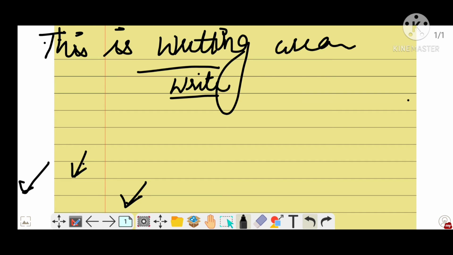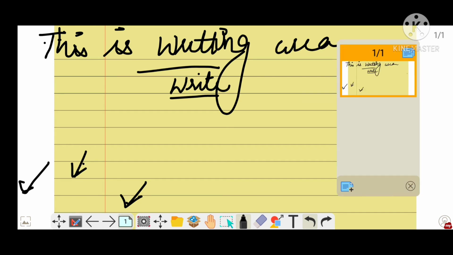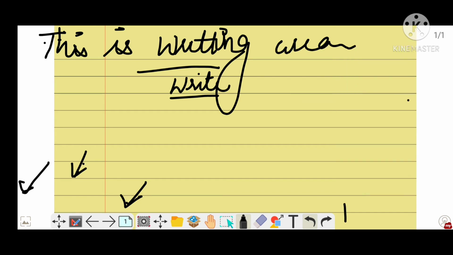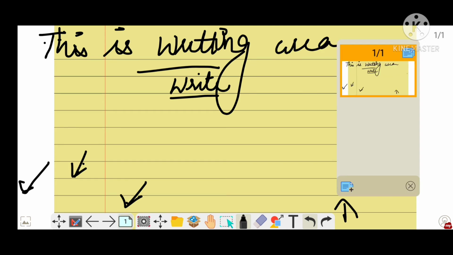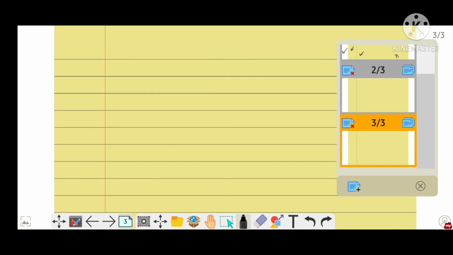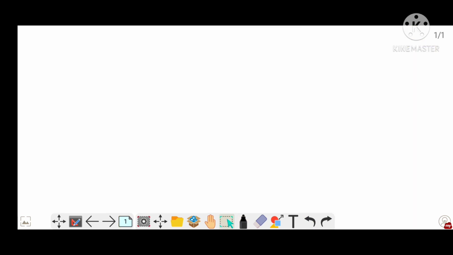You can add pages by tapping on this icon and go to this one. Tap on this sheet add. You can add different pages. The next major option is